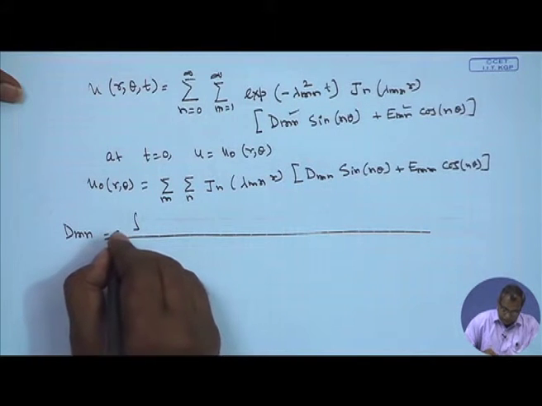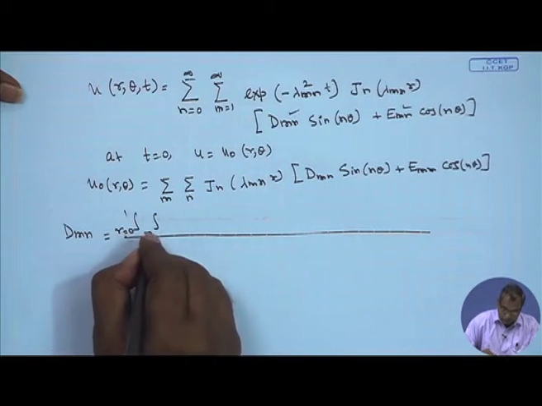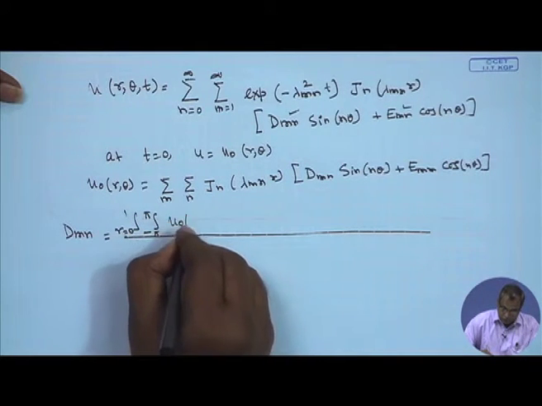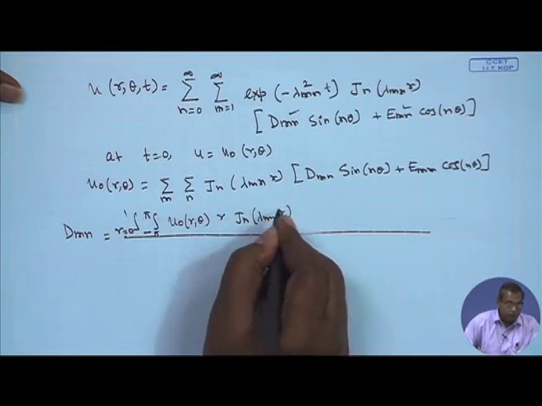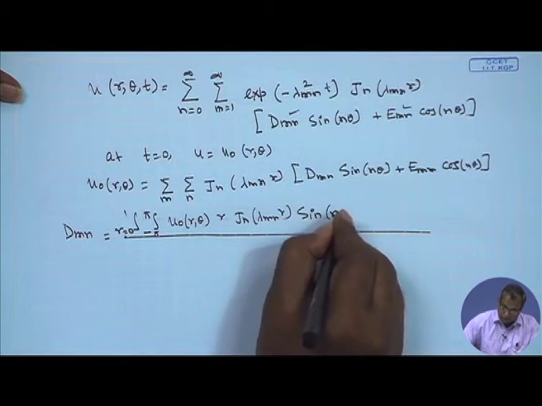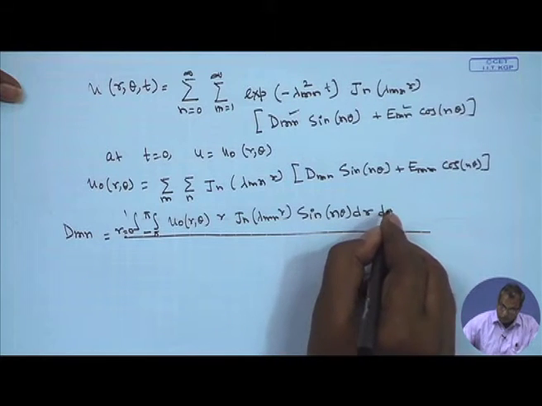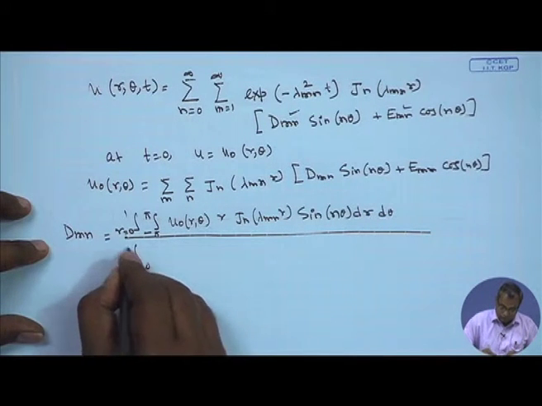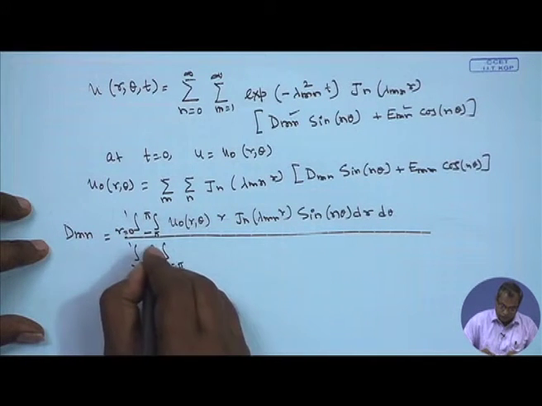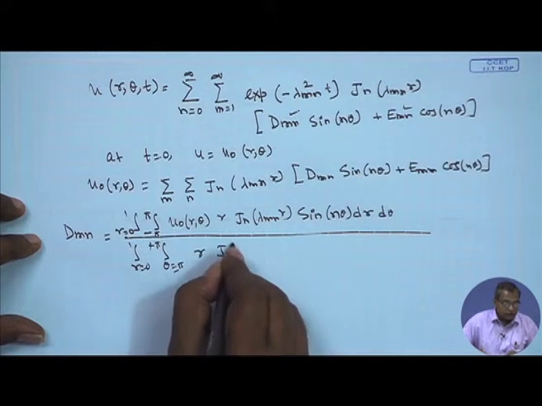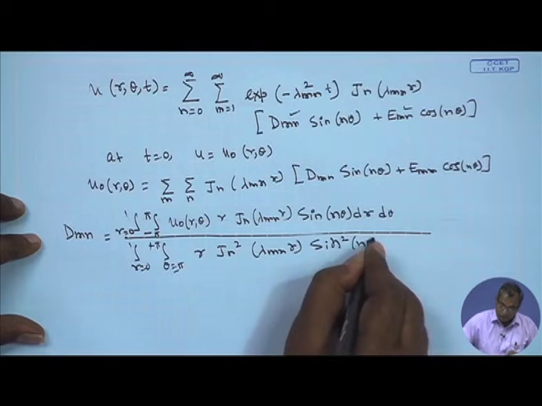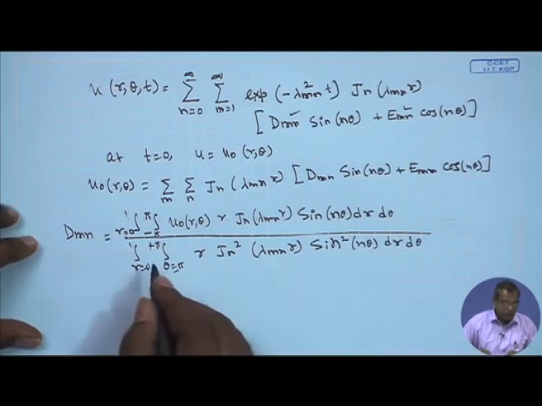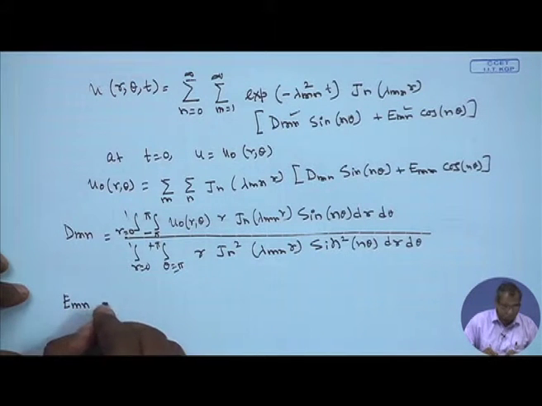we have done it several times: the integral for r equal to 0 to 1, theta equal to minus pi to plus pi, of u 0 (r, theta) r J_n(lambda_mn r) sin n theta dr d theta, divided by the integral for r equal to 0 to 1, theta equal to minus pi to plus pi, of r J_n^2(lambda_mn r) sin^2 n theta dr d theta, and similarly we can get an expression of E_mn as